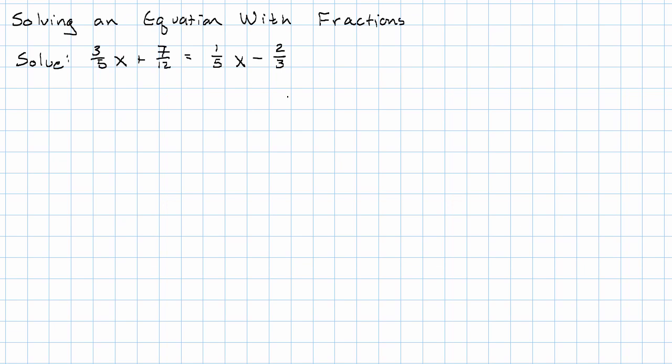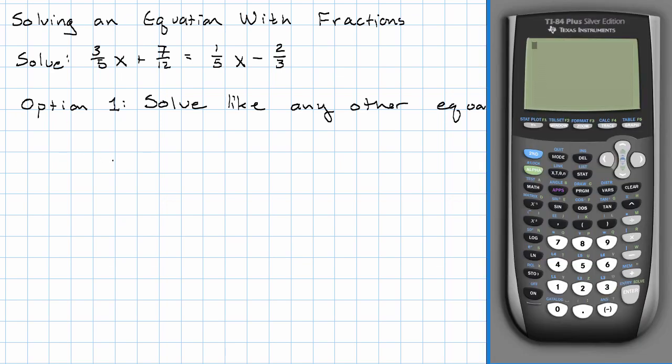Now, we absolutely have the option available to us of solving this like any other equation. The numbers in this equation happen to be fractions, but that's okay. We know how to do fraction arithmetic. I'm going to call on my calculator to help me in this process. So I'm starting with 3/5 x plus 7/12 equals 1/5